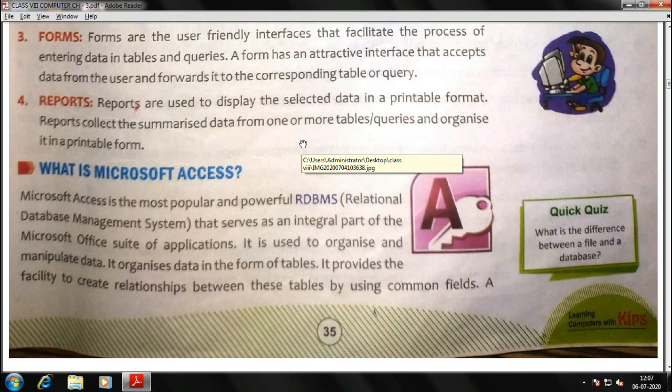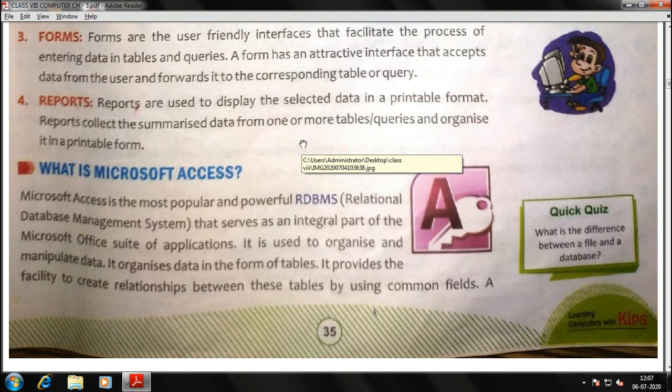I told you in the previous video too that we have to create tables which are small in segments, right? Because Microsoft Access or RDBMS or DBMS gives us the access to split the table into small fragments.